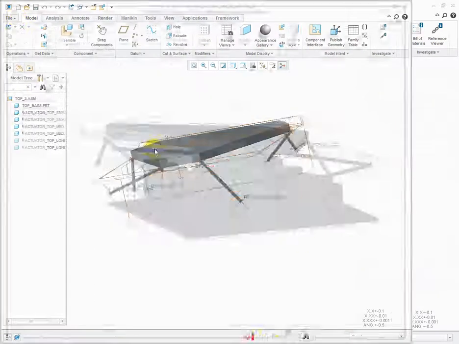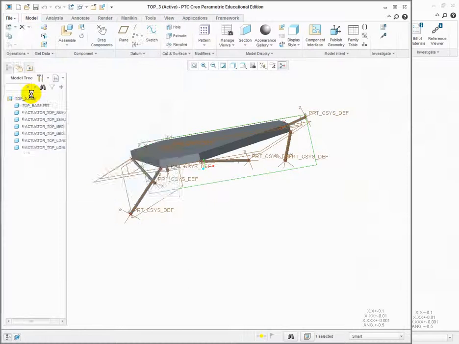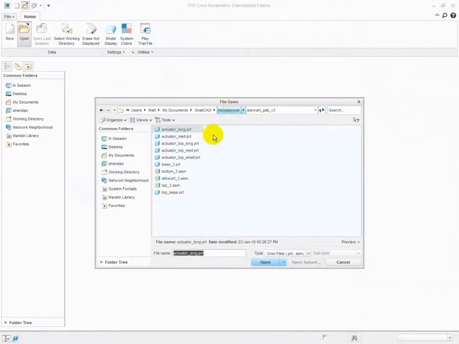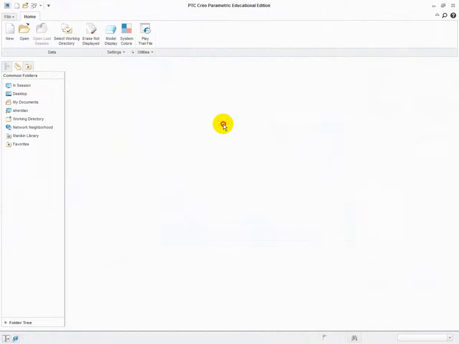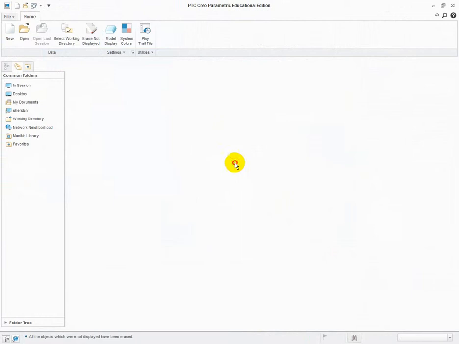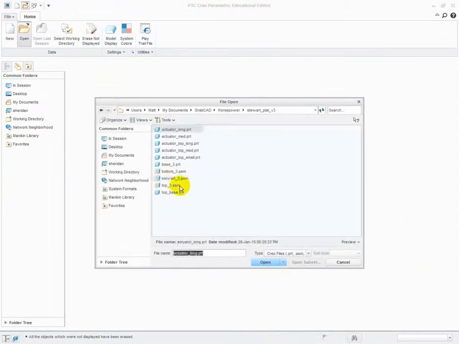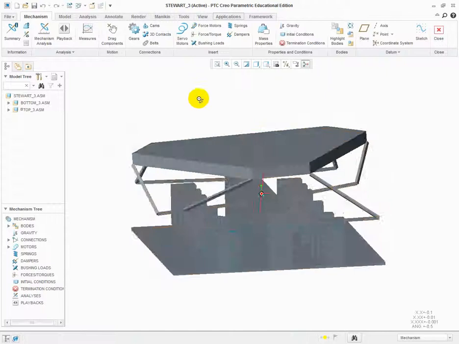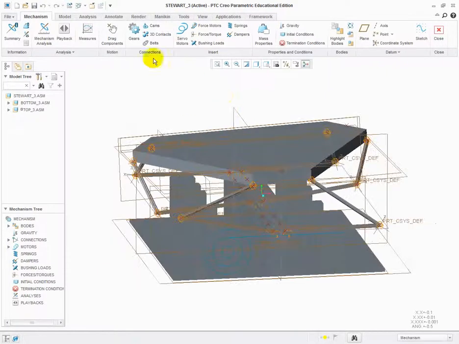Let me close this. Let me open one that I know is working. Actually, manage file. Erase not displayed. I never saved my other one, so I don't want it to open up my broken one. I want it to open up my good one. Okay, so now that I'm back in mechanism,